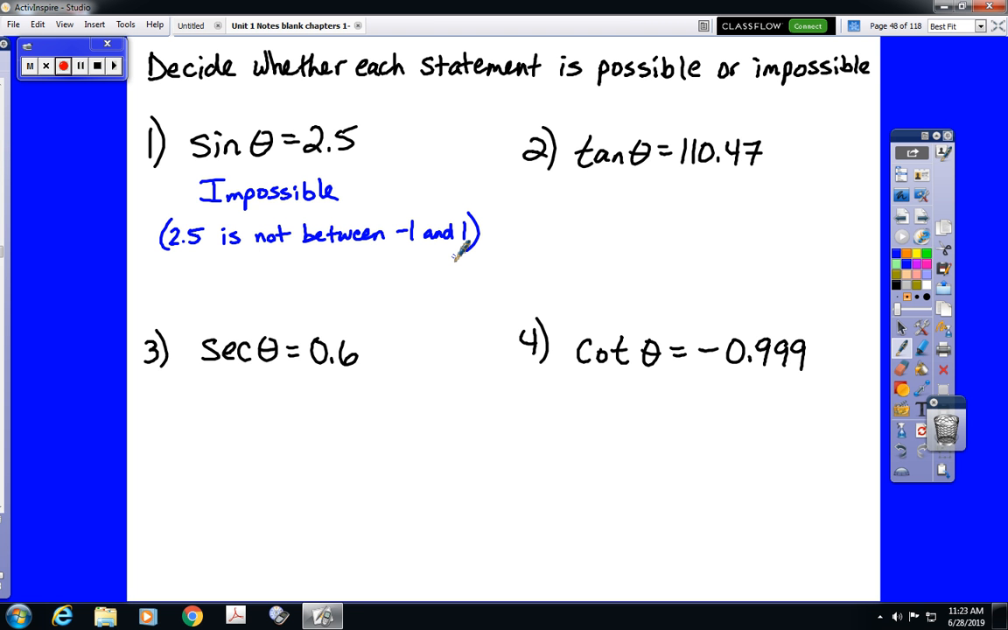Okay, tangent value of 110.47. Well, there are no restrictions on tangent or cotangent. Meaning that as long as your number is a real number, it is possible to get that value. Okay, number 3 says secant is equal to 0.6. Well, that would be impossible,